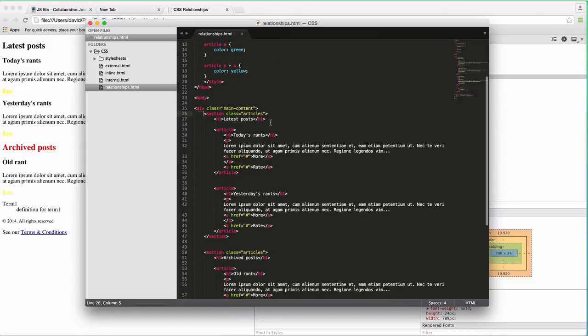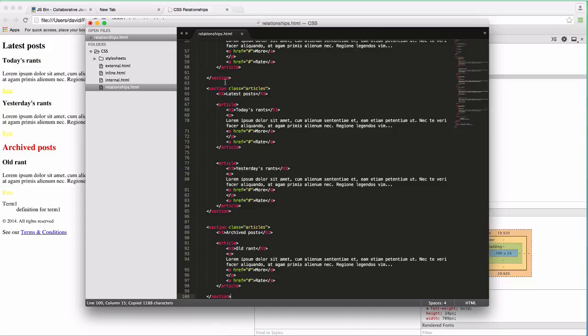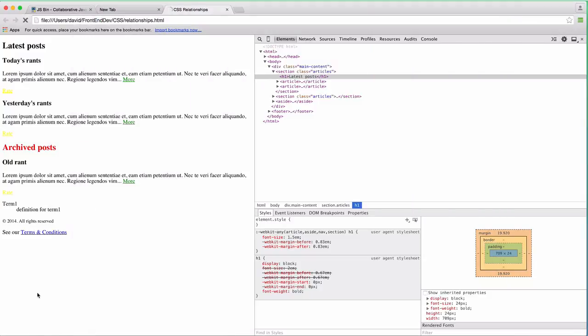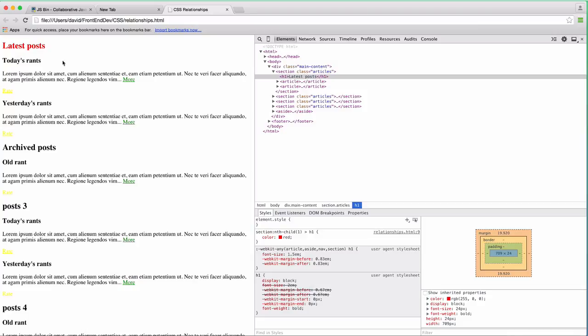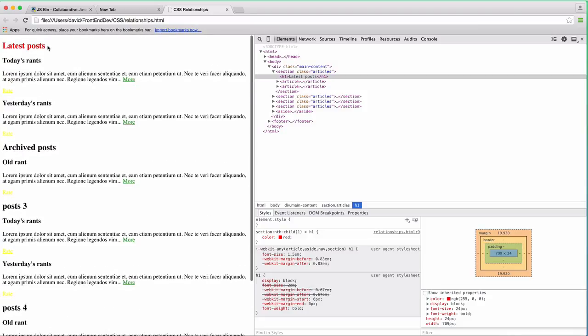So let's duplicate the first two sections. So we have 4 sections in total. Let's give them a number, post 3 and post 4. Let's put the nth child back to 1, as we were doing before. Let's save the file and refresh. So we have 4 sections: latest post, archived posts, post 3 and post 4, and only the first one has